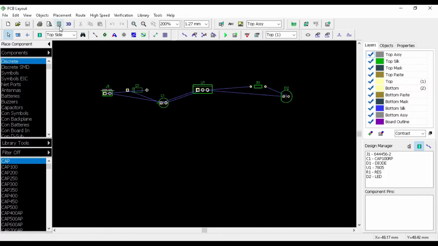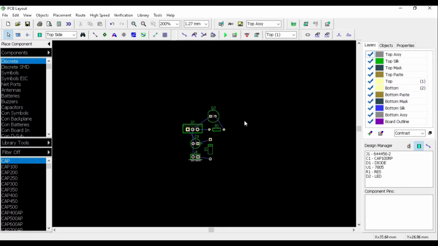Now you can go here for manual or auto placement of components. First I go for auto placement. Click on the Placement tab and select Auto placement. As you can see, all the components have been arranged automatically. We can go for auto placement again if we are not getting a good placement. So it's okay, it is looking good.